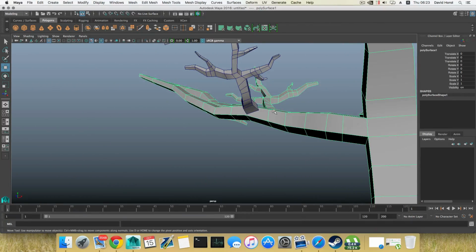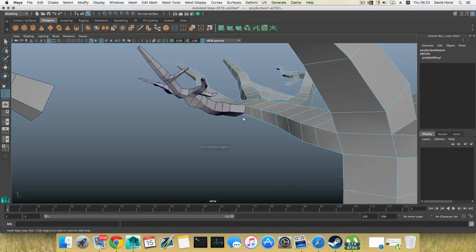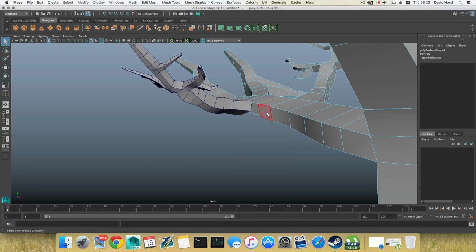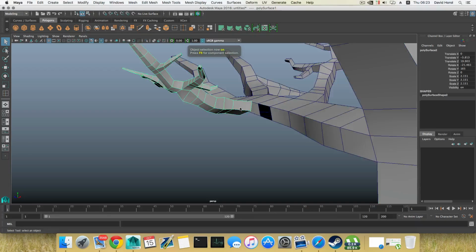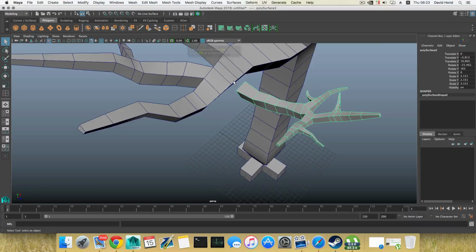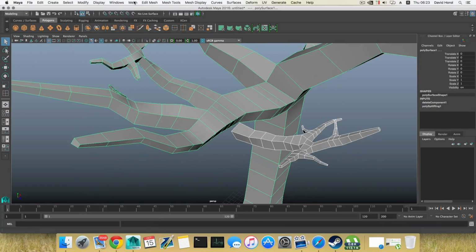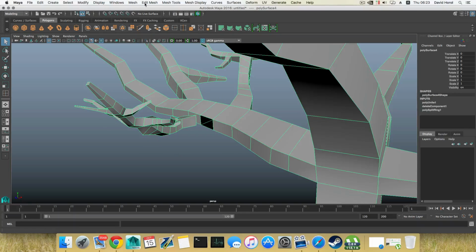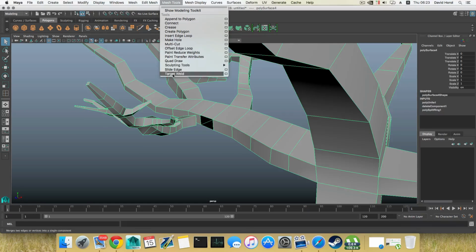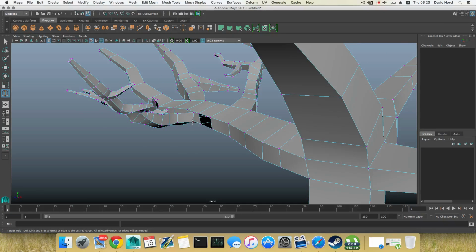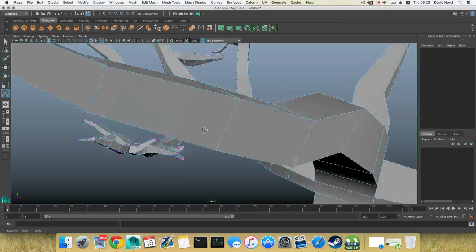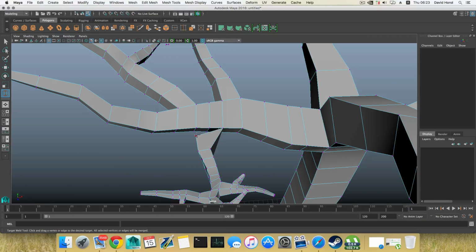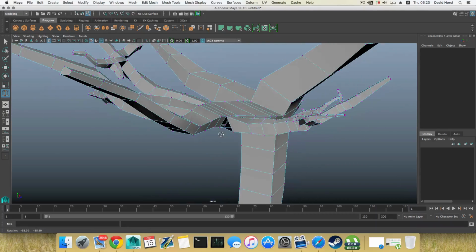Come to this main branch, shift right click, insert edge loop. Adding one edge loop will help here. Then right click, choose face. Let's delete that face. Press F8. Let's grab this one and that one. Mesh combine. Okay. And from here, it's simply mesh tools, target weld, and do this stitching process you already know. And when you finished,